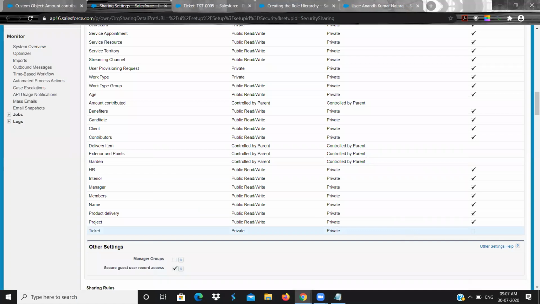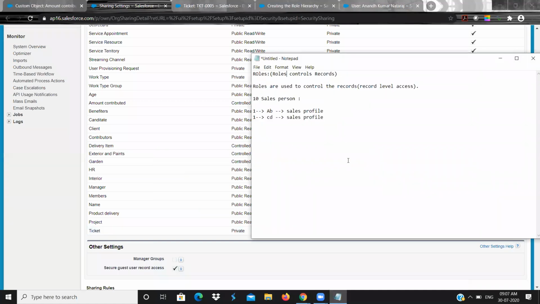Sachin. Okay. So first thing, if you wanted to enable role, because in real time, not all the objects will be enabled with the role. Many important objects will be with role only. Only a few objects will be left without role. So first, if I wanted to enable role, what I need to do?